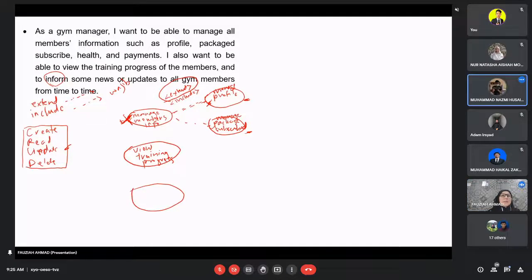Gym manager. Kan? Saya pun rasa gym manager. Sebab apa? Daripada information tu mungkin kita ambil as it is from the conversation. Daripada conversation gym manager tu dia kata I need to inform some news or updates to all the gym members. But actually what he meant, inform meaning to say if you want to transform it in a data punya